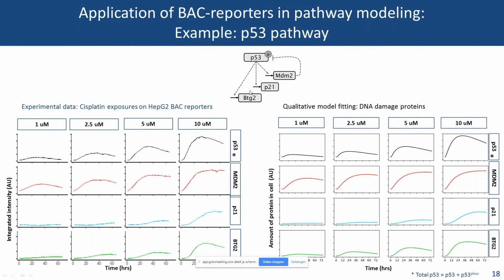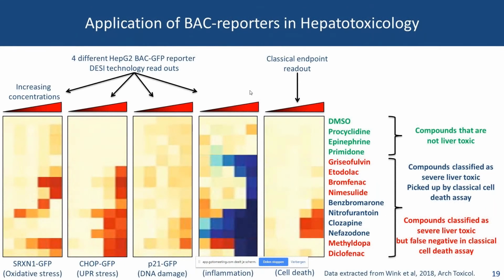So the next step is also to include concentrations at which we actually do induce cell death, and hopefully eventually we can have this model in which, with some very simple characteristics of the compounds, we can actually predict what is going to happen in an in vivo situation. That's the end goal. All right, then the last application of the BAC-reporters is in hepatotoxicology, so basically liver